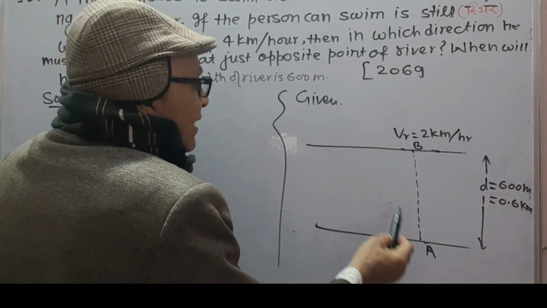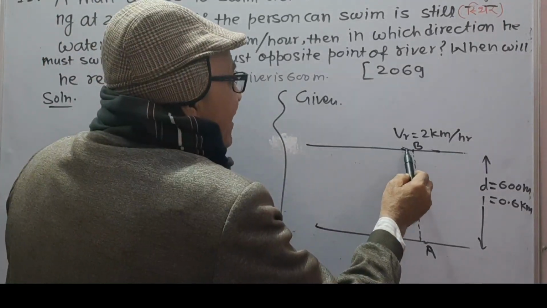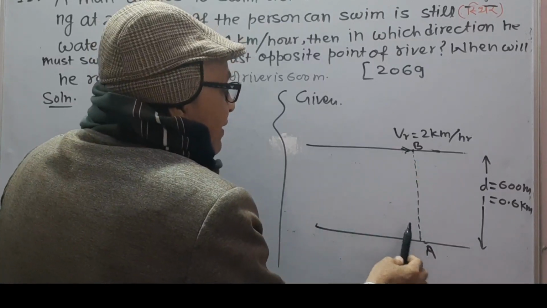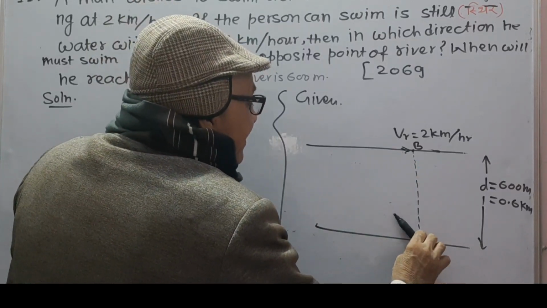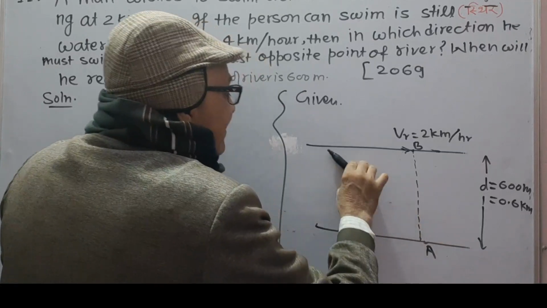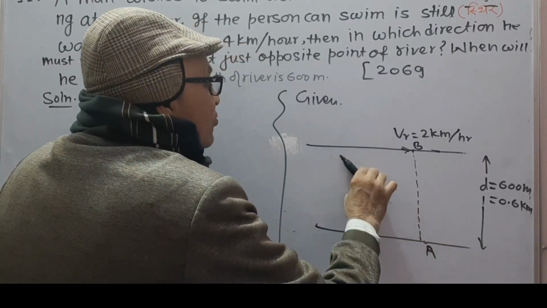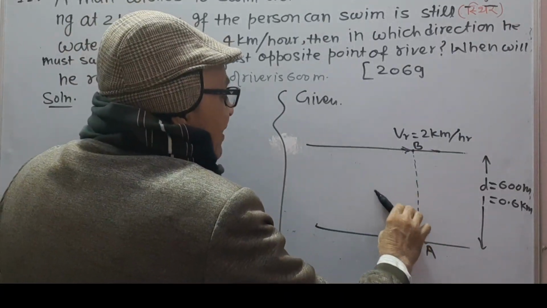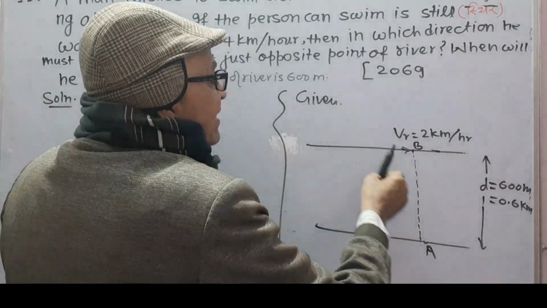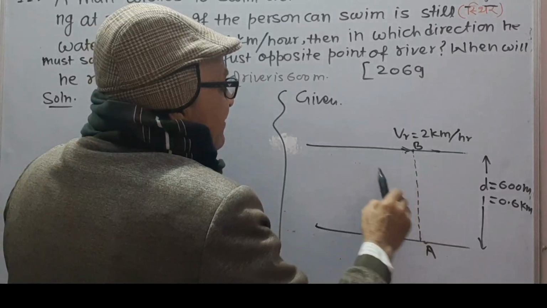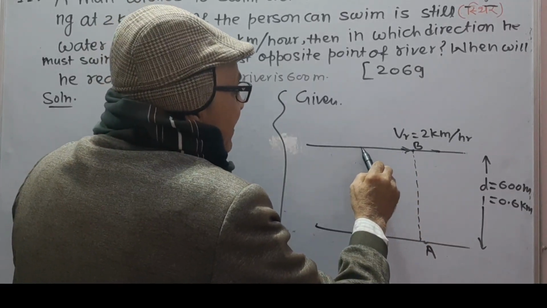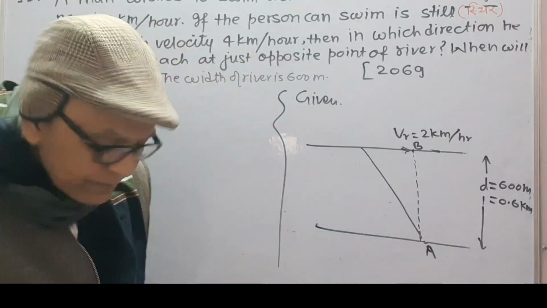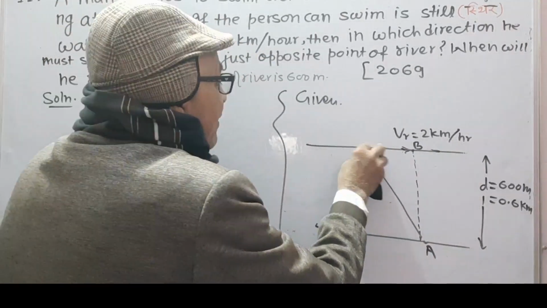Now, as the water is flowing in this direction with velocity Vr, the person must start along this direction so that the resultant velocity of person and velocity of river must be along this. Means if the person swims in this direction,